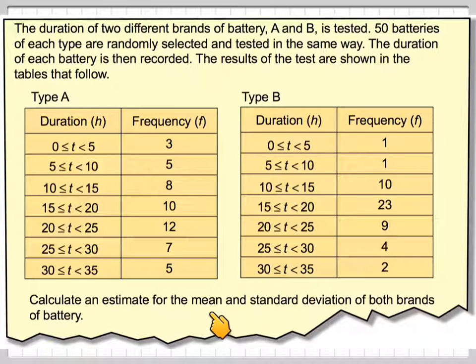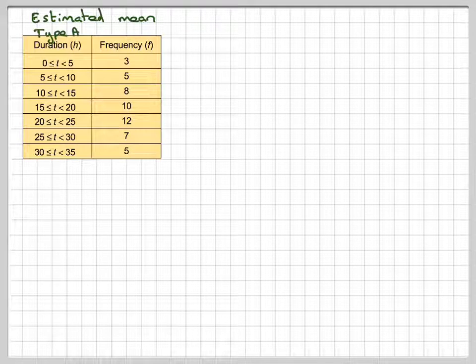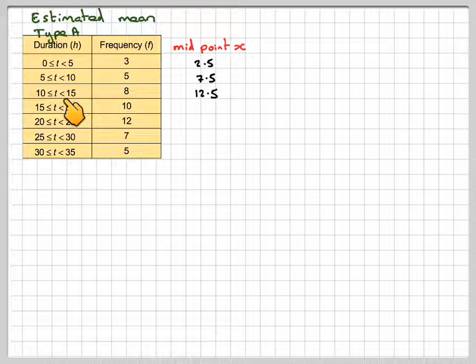Well, there was already a video showing you how to find the mean. However, we'll just quickly go over it again. So it's type A and type B. So estimating the mean, for type A, what you do is you take the midpoint of each of these. So that's 2.5, 7.5, 12.5,